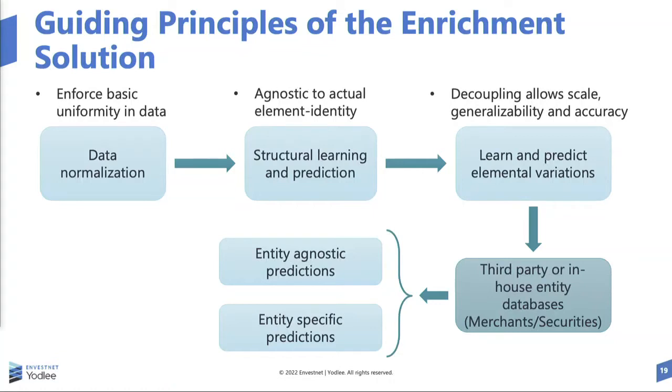More importantly, after that we have to learn what we call the elemental variations, right? An example I can give you: you bought something at Walmart, right? In that transaction description, sometimes you will have that populated as WAL-MART. Sometimes you'll have WAL-MART, WM or WMT, and combinations. There are hundreds of combinations like that, right? So you have to understand, and this is where we spend a lot of time understanding what we call the variations.